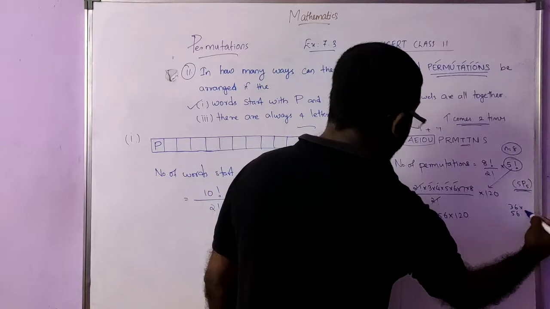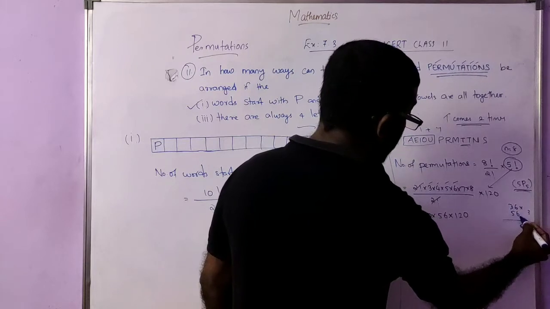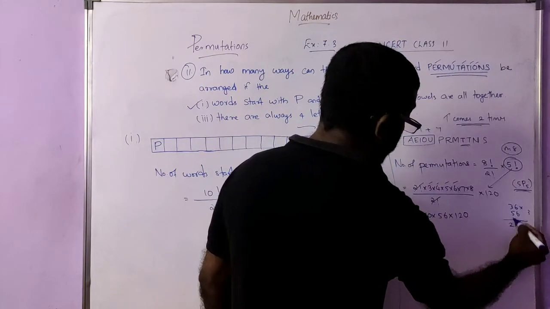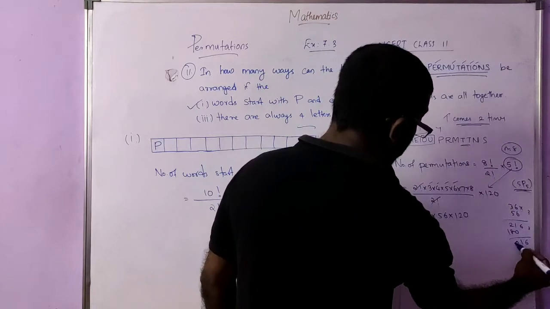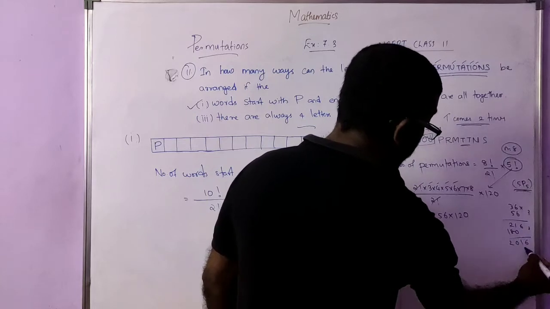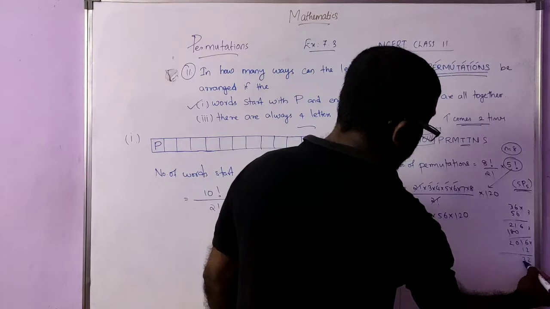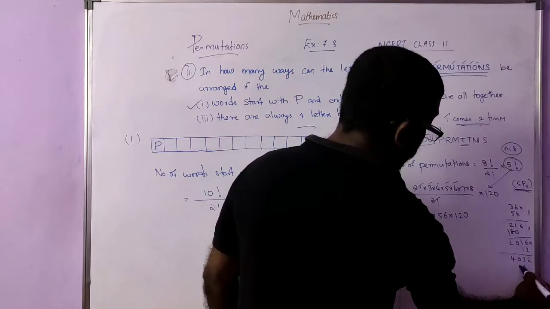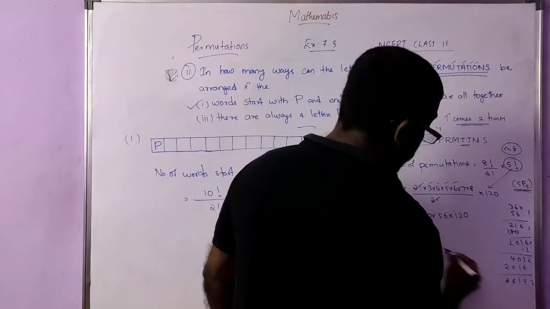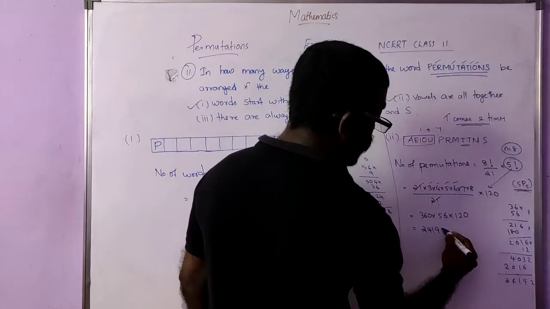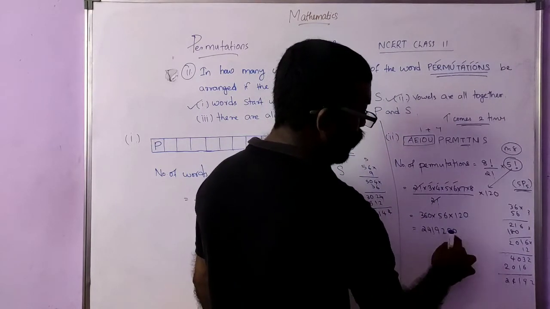36 into 56. So 6 6s are 36, 3 balance. 3 6s are 18, 18 plus 3, 21. 6 5s are 30, 3 balance. 3 5s are 15, 15 plus 3, 18. 6 1 0 2 into 12. 6 2s are 12, 1 balance. 1 2 is 2, 2 plus 1 3, 0 4. 6 1 0 2. So 2 9 1 4 2. That is 2 4 1 9 2 0. One more 0. Here 360 and 120, 2 zeros are here.